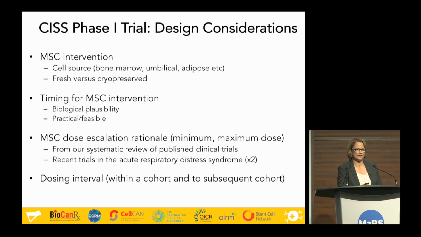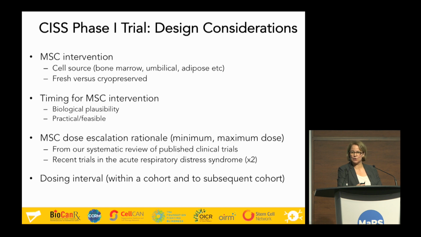And then we needed to think about the timing. Patients with septic shock get real sick real fast. They develop multiple organ failures within 24 to 48 hours. So you needed to bridge from the preclinical data and think about what was biologically plausible: when should we be giving these cells in terms of when they might have their therapeutic effect and when it might be most safe. And then we needed to think about what dose we started at